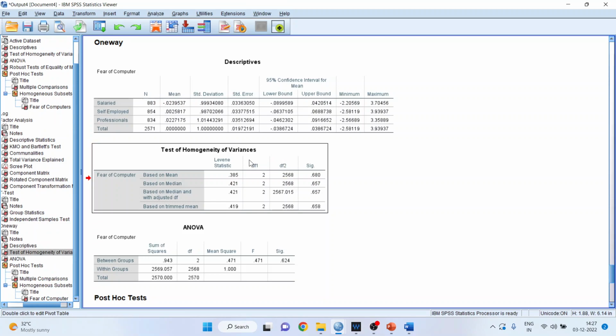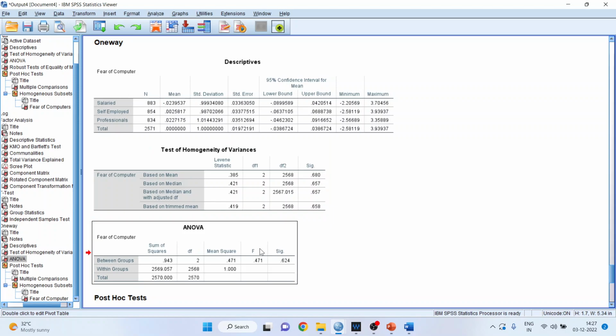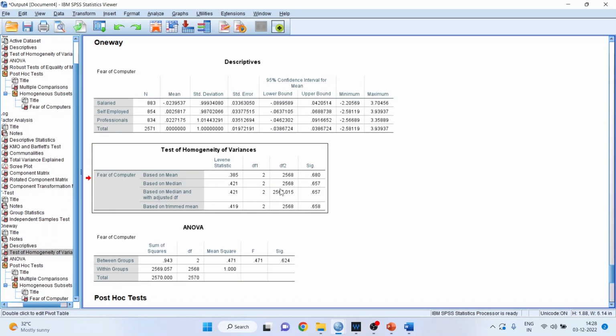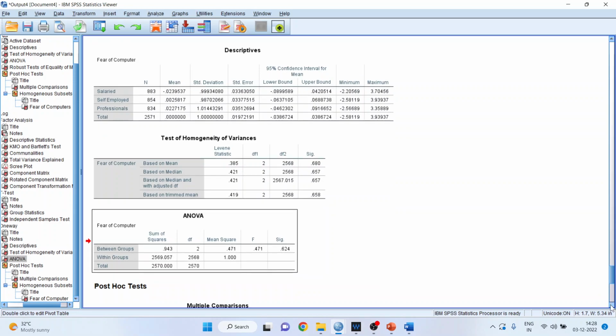The first thing which you should see is the test of homogeneity of the variance. It is vital, or it is essential, that your p-value should be more than 0.05, which means that the variances of all these three groups are equal. If the variances are equal, then only the interpretation will be done of ANOVA. I'll request all my viewers to refer video number 32 of one-way ANOVA to understand that if the variances are not equal, in that scenario, what to do. In that scenario, we are running Welch test. So as the variances are equal, we got ANOVA, and the post hoc test is